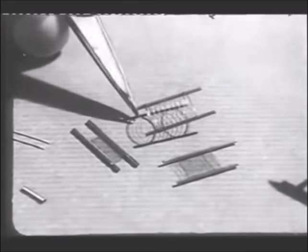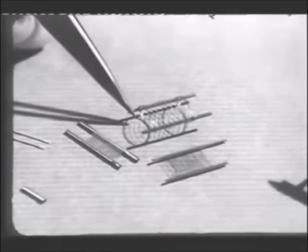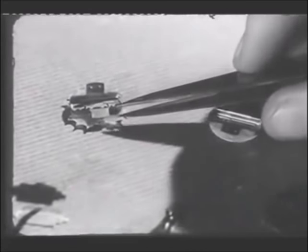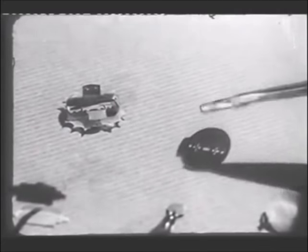These are typical grids, flattened spirals of fine molybdenum wire, wound on two stout backbone wires. In the pentode type of valve, there are three grids: the control grid, the screen grid, and the suppressor grid. The anode in this particular valve is stamped out of sheet metal in one piece. It is blackened on the outside to help dissipate the heat developed in the anode by bombardment by swiftly moving electrons. These are mica discs carrying metal screens, and the electrodes you've seen are assembled concentrically between two of these